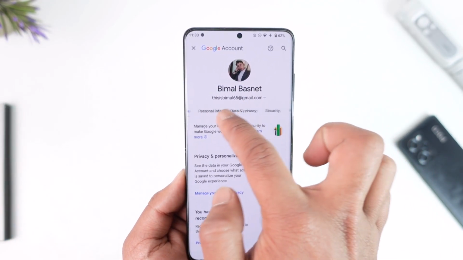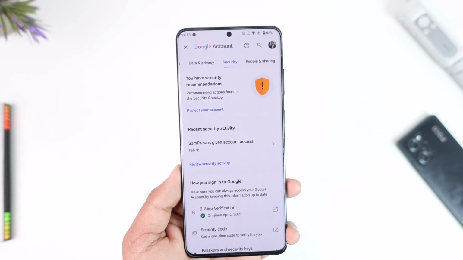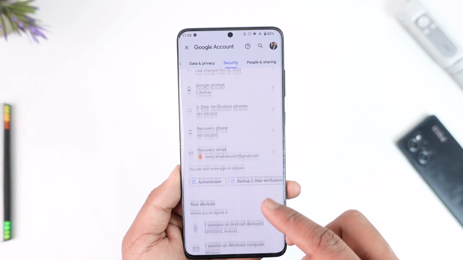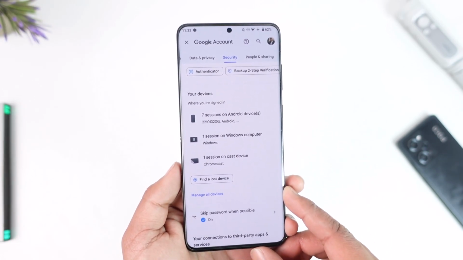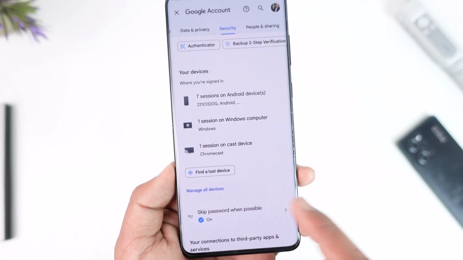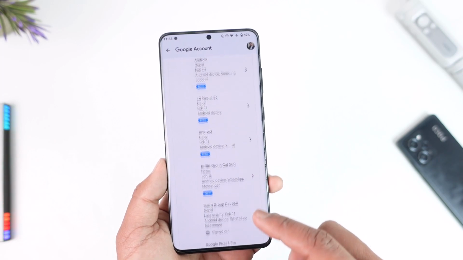Then after you come to this page, you want to simply go to this particular tab known as security. Once you go to security, you can simply scroll down to the very bottom. Then you'll find the option called your devices. Now under your devices, if you look, you'll find manage all devices. Tap on manage all devices button here, and as you do that, you should be able to see a couple